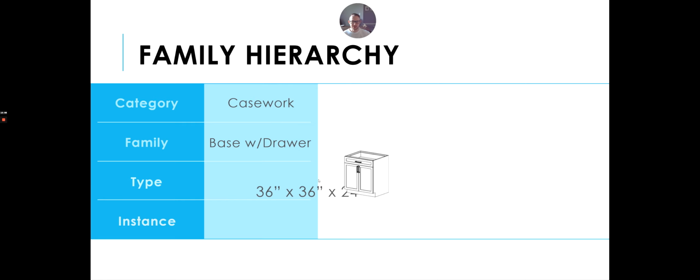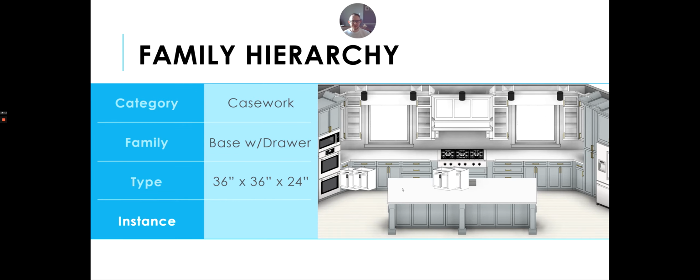So say we pick the 36 by 36 by 24, and we place it several times in our kitchen. I'm showing you here an example. We've placed that family 4 times. Each one of these placements inside our specific project is called an instance of a family. There's no specific name for each instance. It's just every time you place it, there's an instance of the family. So again, not real critical. A lot of people that work in Revit don't understand that this is what's happening in the background. But if you understand this, things will make more sense to you as you dive deeper into Revit.